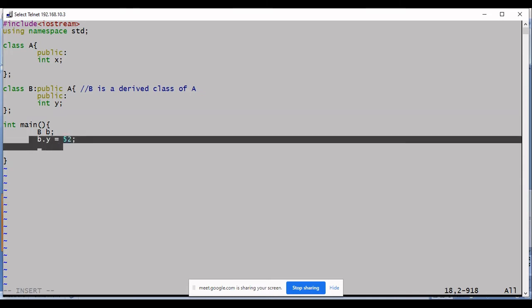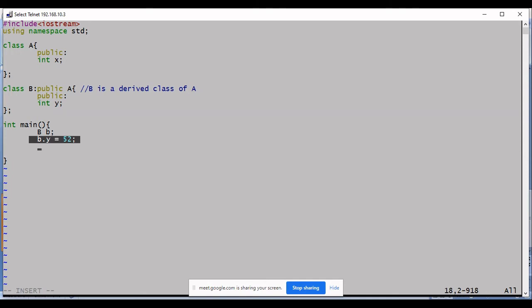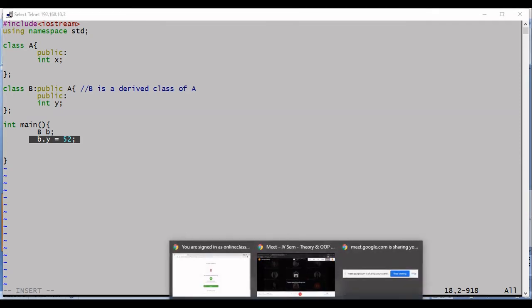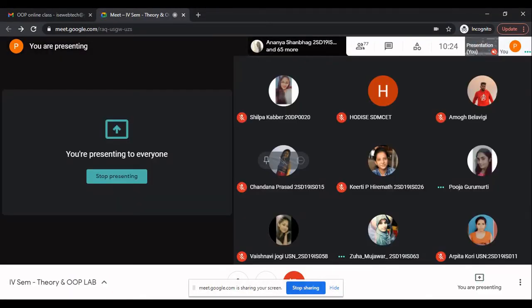Is this statement valid or not? Syntactically it is right what we have written. Okay. And logically, is it correct? Logically it is not correct.